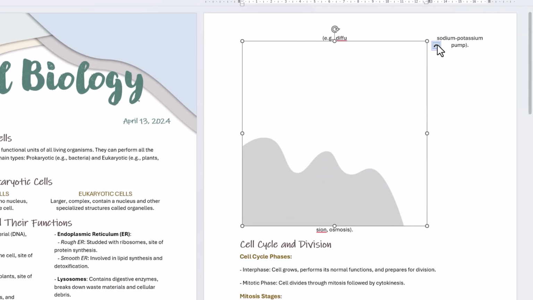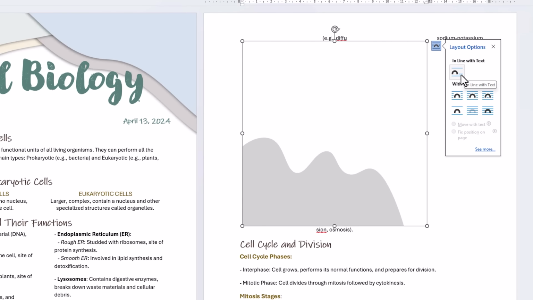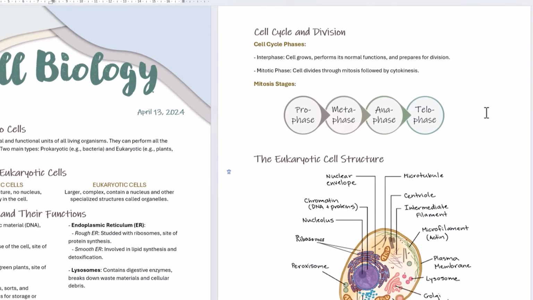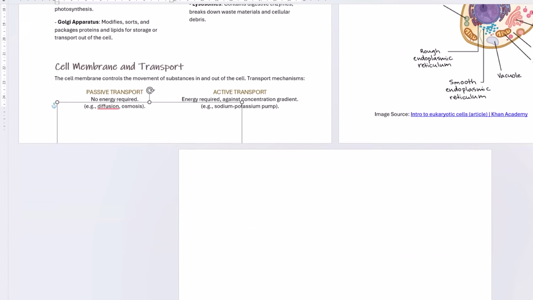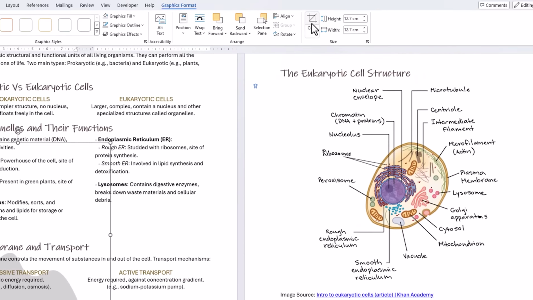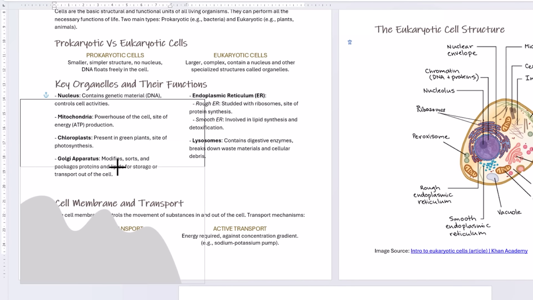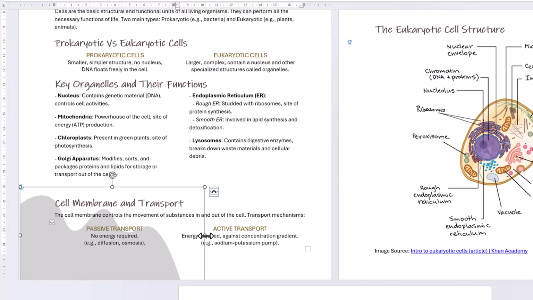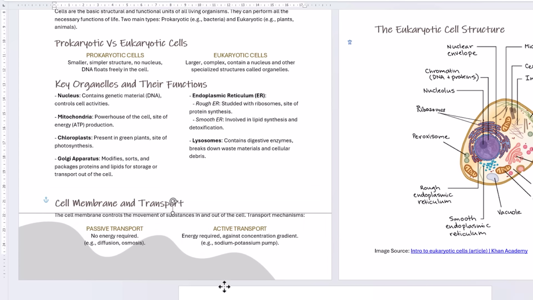It gets inserted with the formatting in line with text, and that shoves all the text out of the way and makes a mess of your document. So let's change it to behind text, and now it's down here. Let's bring it up so we can see it, and we might also crop it because there's a lot of white space that we don't need. And then I can resize it, just stretch it out a bit, and we'll just pop it slightly off the